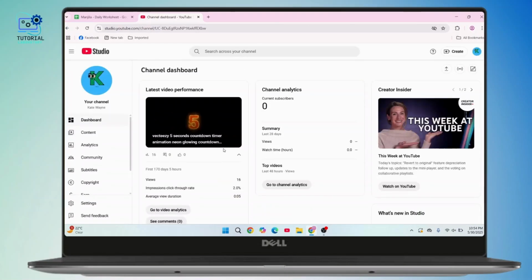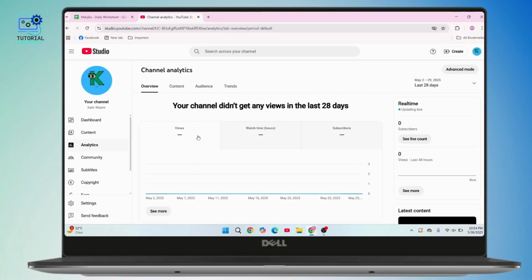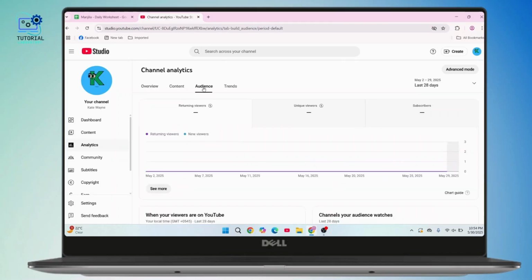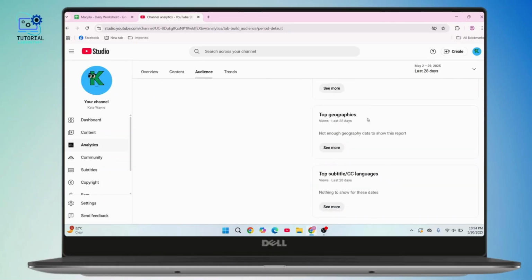Once you're under your YouTube Studio, click on Analytics from the sidebar on your left-hand side. Now under Analytics, you have to head towards Audience, click on the Audience tab. Once you are under your Audience section, scroll down, keep on scrolling, and there is a section that says